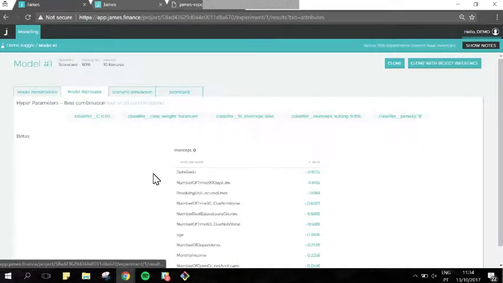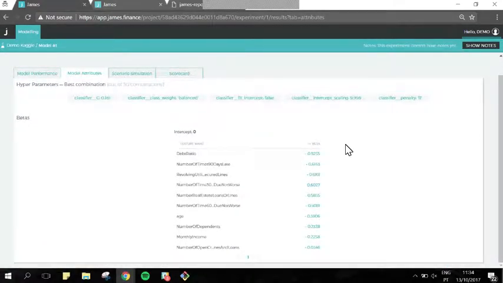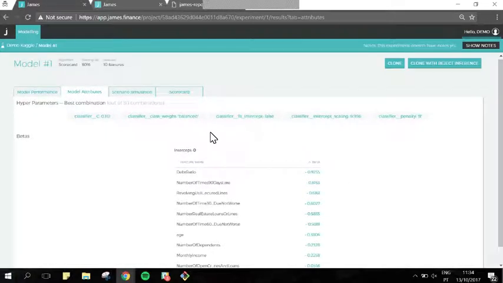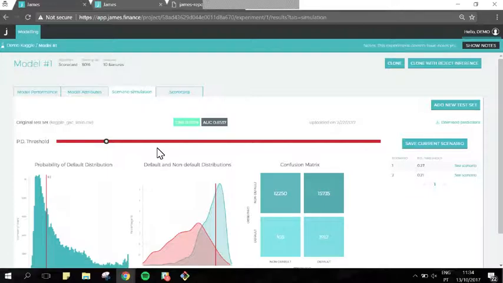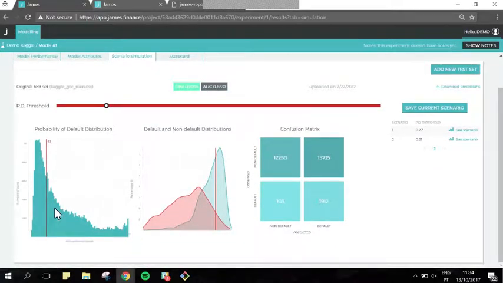You're also able to look at the variable importances, so how much each variable was contributing with a positive sign or a negative sign. You have a very useful scenario simulation tab where you see the distributions of the scores here calculated as probabilities of default, and where you could simulate different cutoff points. So let's say anything above 0.2, so 20% probability of default, I want to reject,